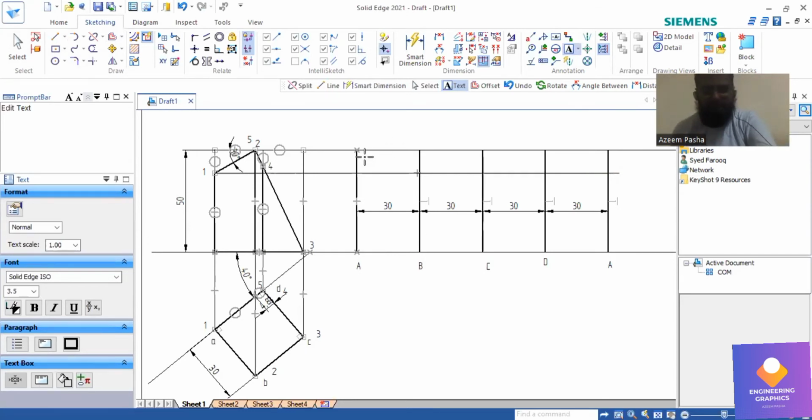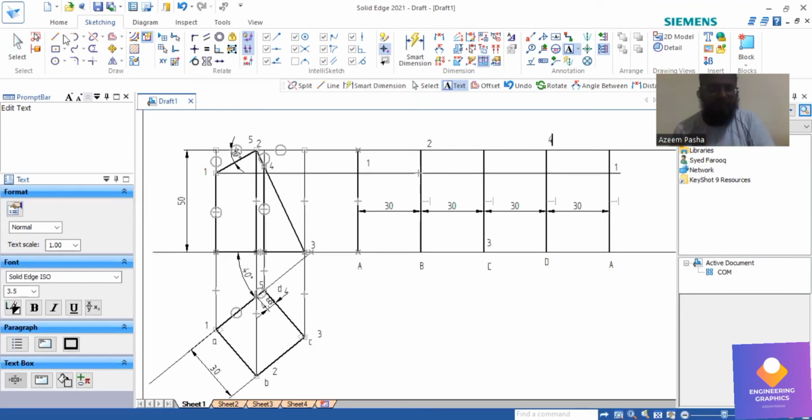So we can mention 1 here, and here also we can mention 1. Now the 2 exactly I'm getting on the vertical edge B, and 3 also I'm getting on the vertical edge but exactly at the bottom face, and point number 4 I'm getting exactly on D,